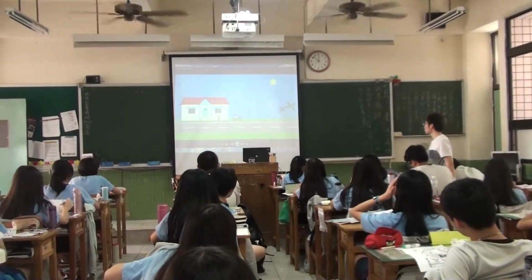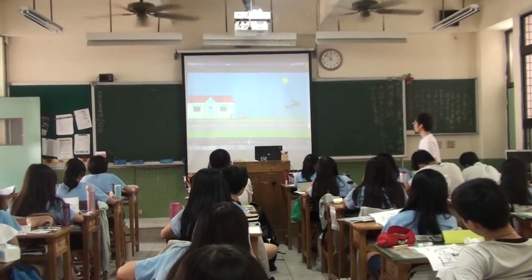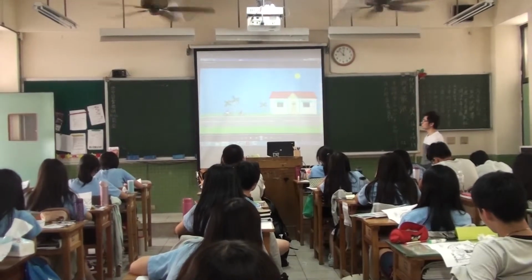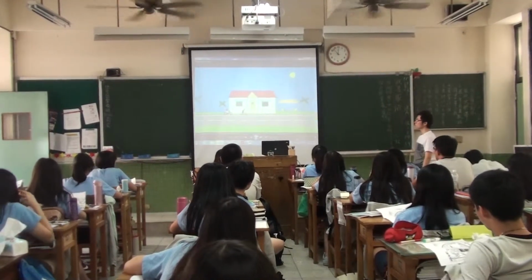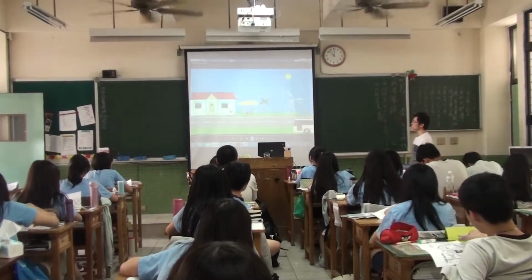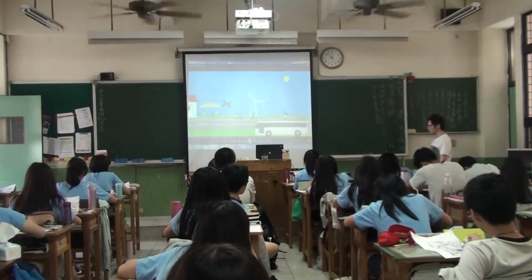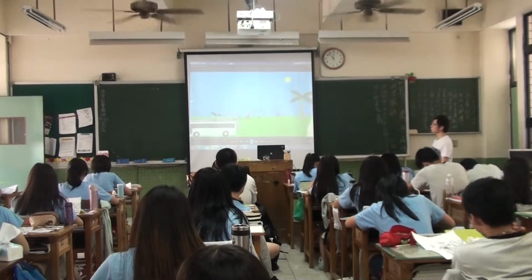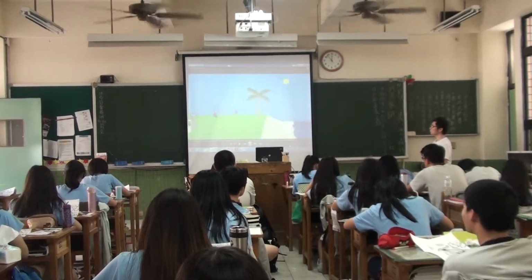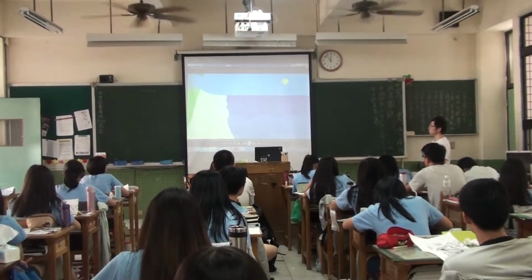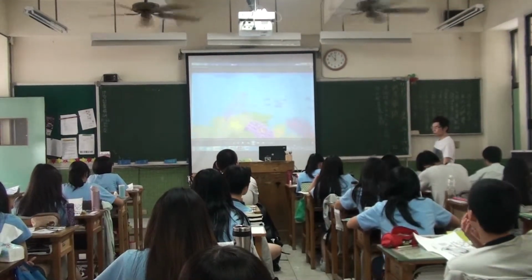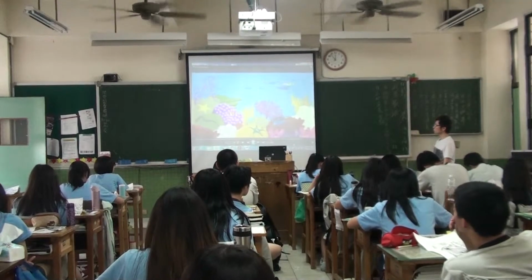There are lots of things we can do to make less CO2. We can cycle or walk to places instead of going in the car. We can make sure we switch off the TV and lights when we're not in the room. We can travel by bus instead of flying. If we make less CO2, we can help make the Great Barrier Reef a safe and happy home for all the animals and plants.